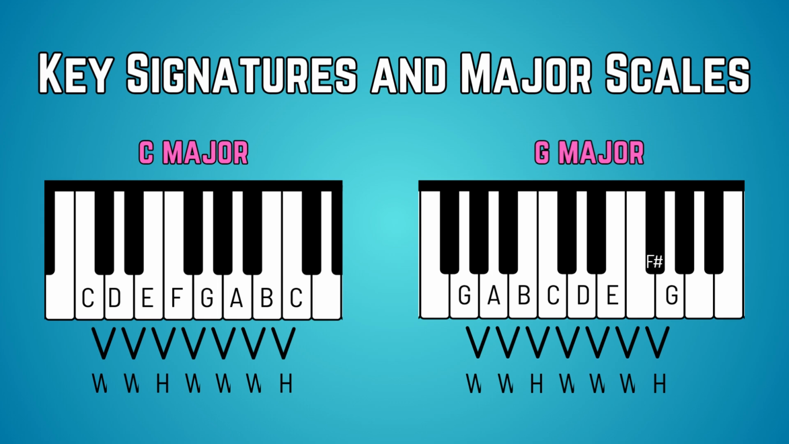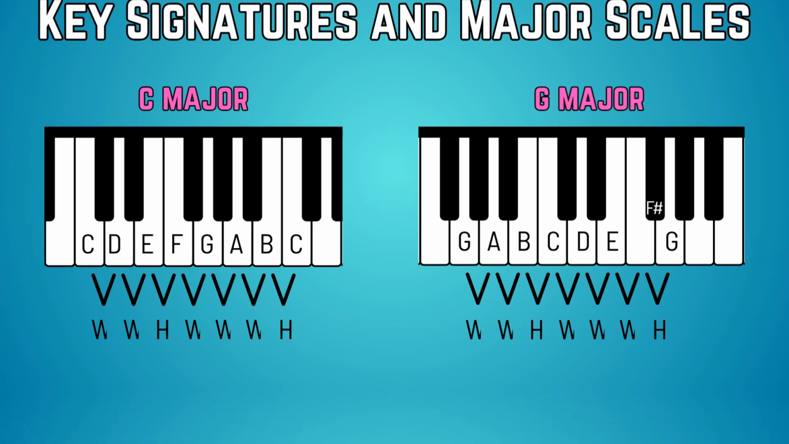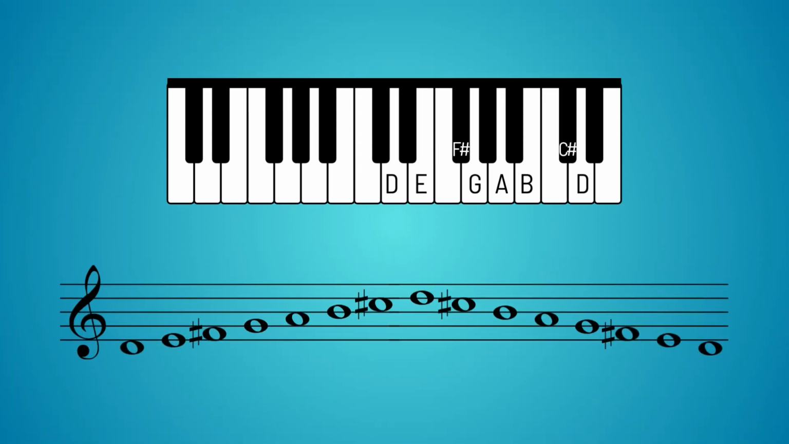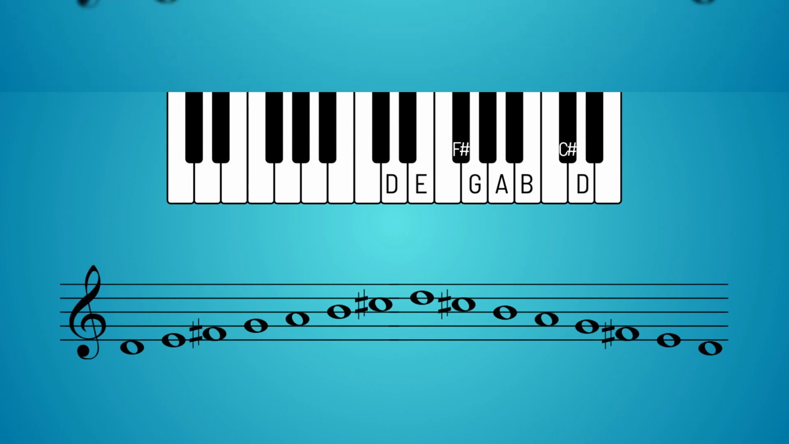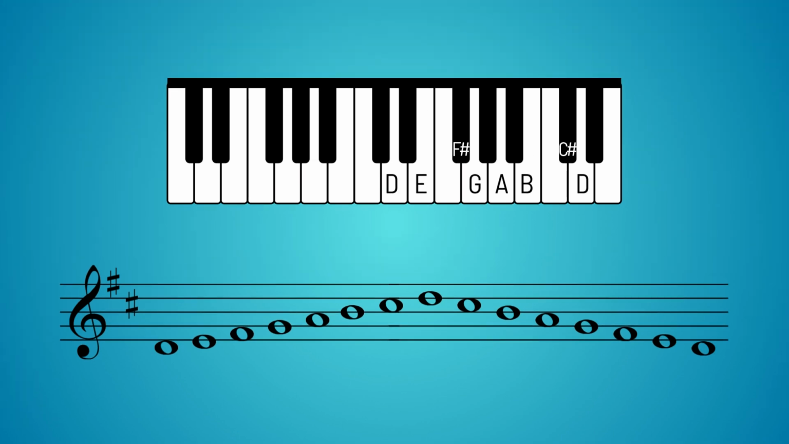C major does not require any sharps or flats, so its key signature is empty. G major requires an F sharp. D major requires two sharps, F sharp and C sharp. Those two sharps become the key signature of D major. Instead of memorizing every key signature as a completely separate pattern, we can use the consistent order in which sharps